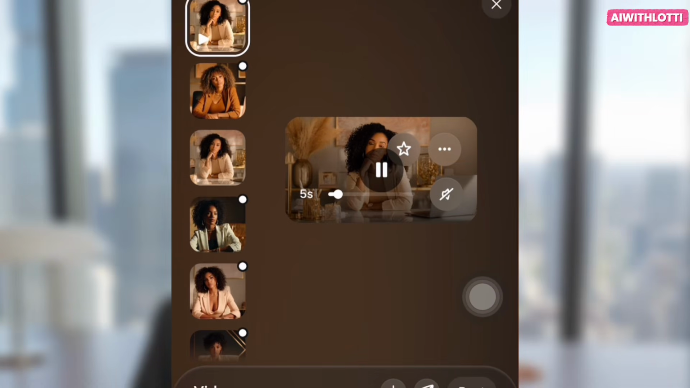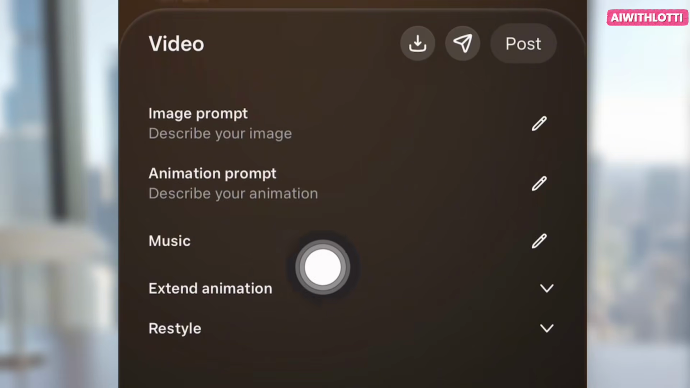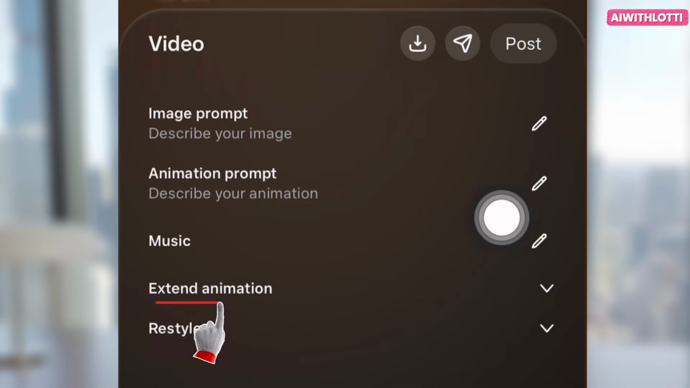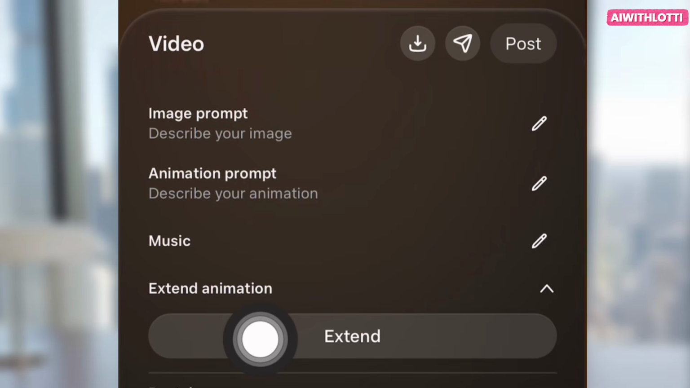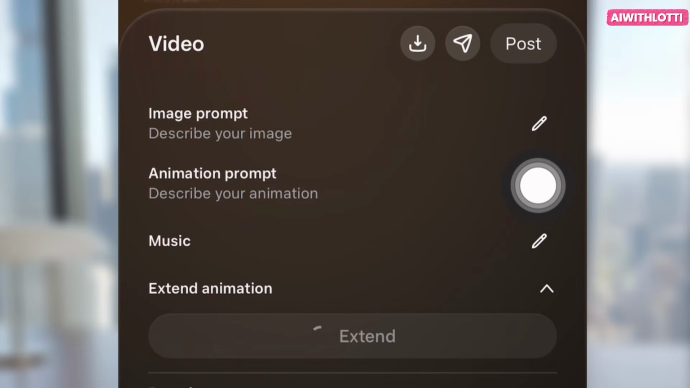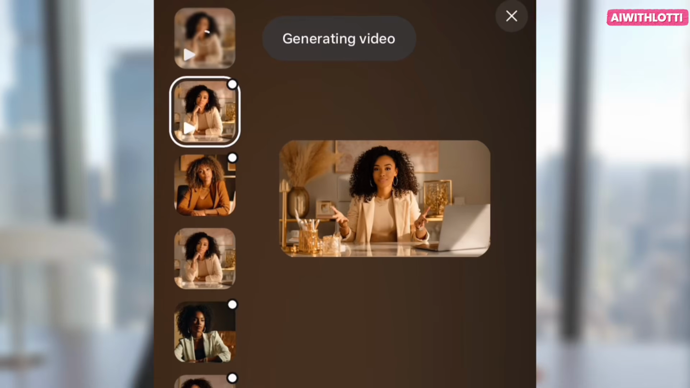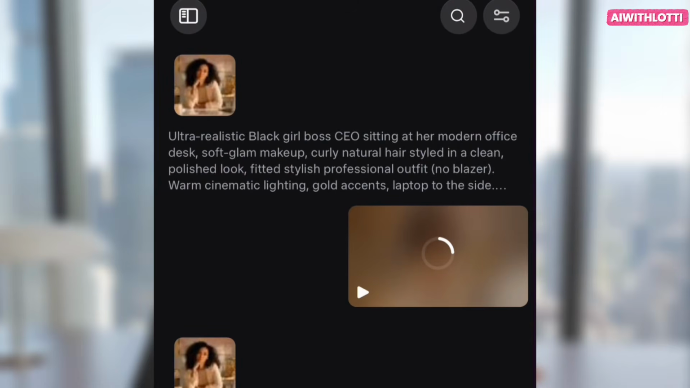Now, the best part I'm going to show you is that you can click extend animation. So the clip we just created, you can extend it. So all you got to do is click extend. Yep, that easy, just one button, and you keep clicking extend until you get your video the length you want it